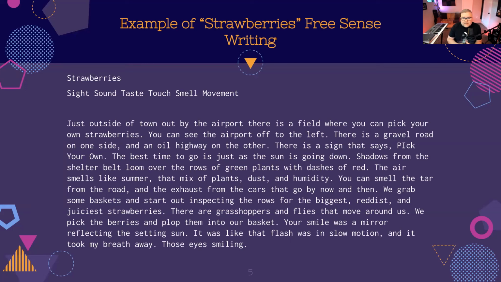You can smell the tar from the road and the exhaust from the cars that go by now and then. We grab some baskets and start inspecting the rows for the biggest, reddest, and juiciest strawberries. There are grasshoppers and flies that move around us. We pick the berries and plop them into our basket. Your smile was a mirror reflecting the sun. It was like that flash was in slow motion and it took my breath away. Those eyes smiling.